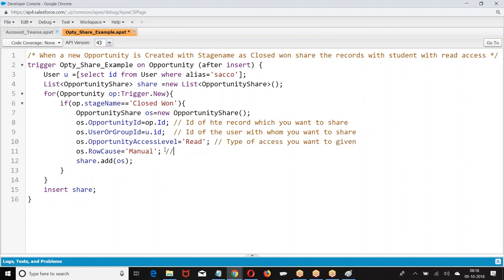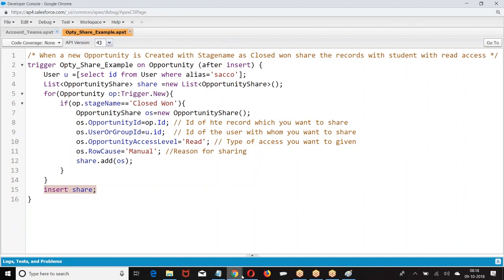And this is the reason for sharing. So we add them to the list of opportunity share. Then we told insert share. Every sharing rule is defined on an object and stored internally within a corresponding share object.